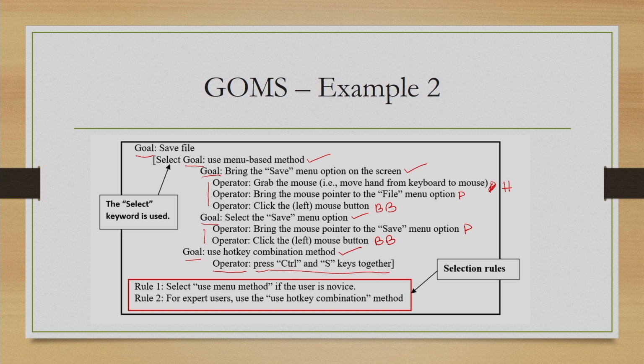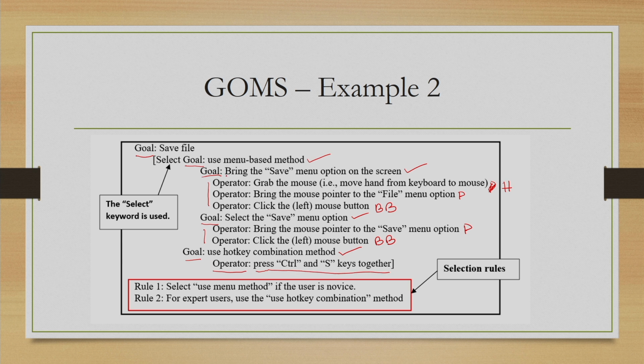Of course, here we have to make an assumption that this control plus S keys together, this activity where both the keys are to be pressed together, can be represented as a sequence of low level keystroke level tasks. But the basic idea is that either we can use a goal notion and then under the goal we can use keystroke level operators, or we can directly use the term operator to represent a high level activity.